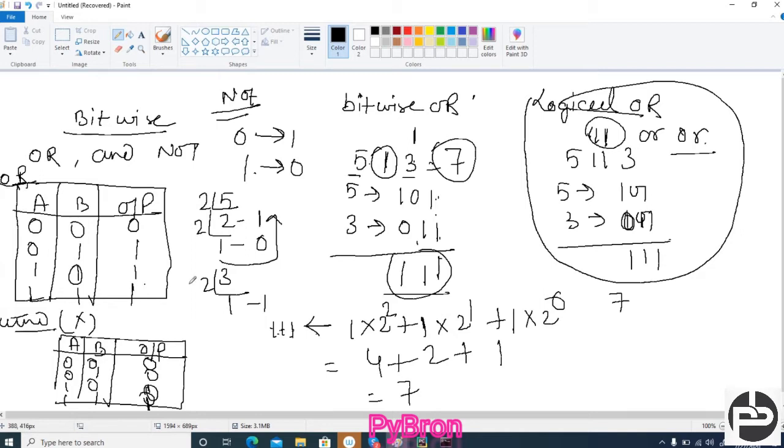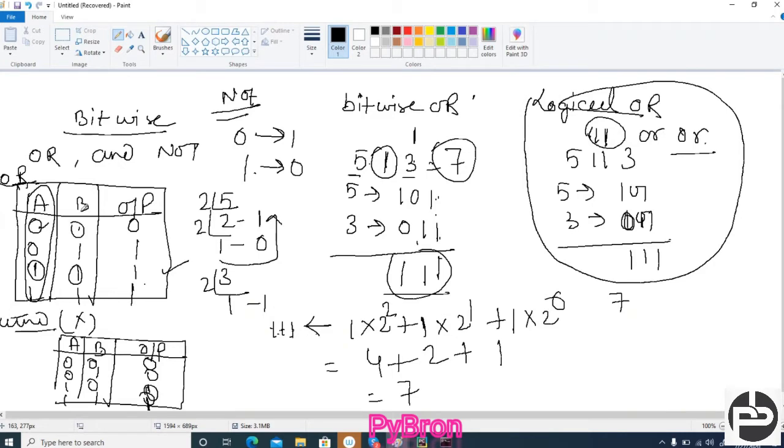If you go to the truth table, don't you think the first input column is very important? Why? See, if the first input itself is 1, then whatever the second input is, either 1 or 0, the output will always be high. If the first is 0, then only we have to check the second condition, right?